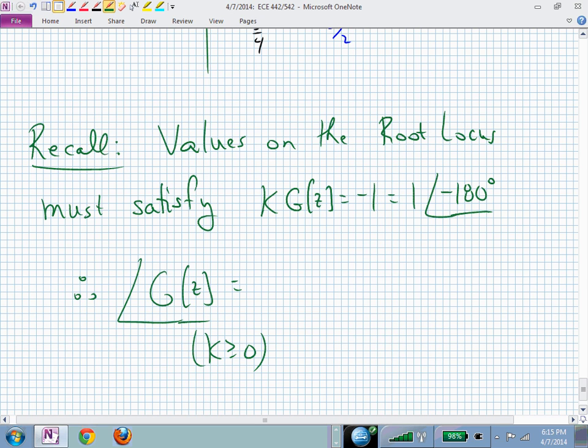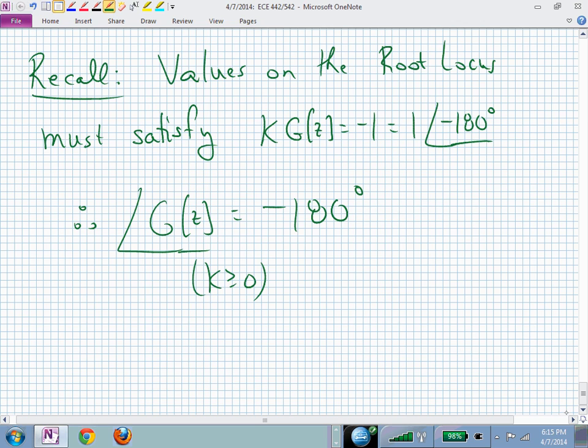We need the angle of g, all the poles and zero factors in g, we need that to be minus 180 degrees. So the values on the root locus must satisfy the angle of g equals minus 180,